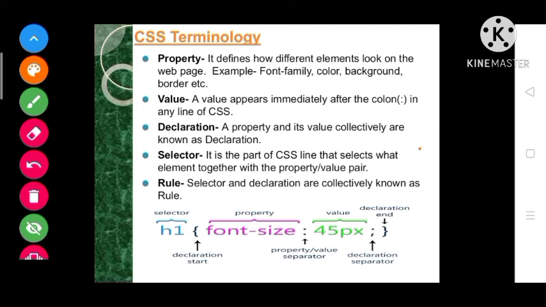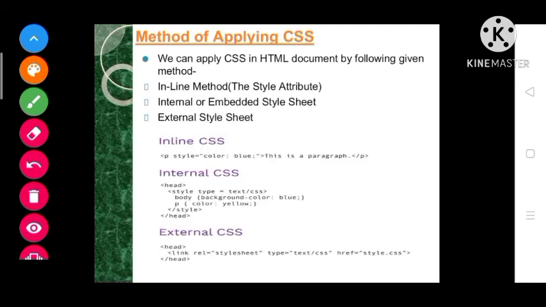So students, now I am going to explain methods of applying CSS. In HTML, the first one is the inline method, the second one is the internal or embedded style sheet, and the third one is the external style sheet.